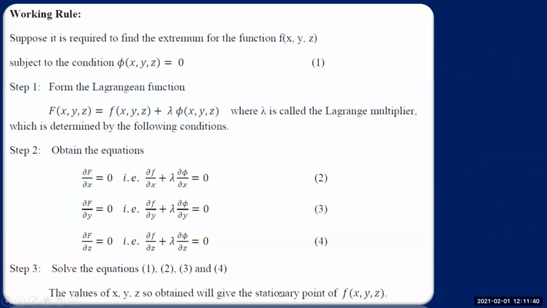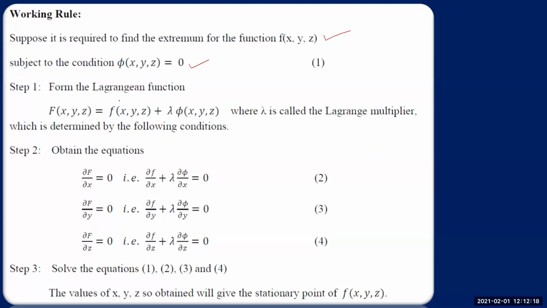Now let me just give you the working rule. I'm not getting into the proof and all these things, but we have only the working rule: how to apply Lagrange's method of undetermined multipliers to find extreme values of a function. Now see, just to begin with, I'm considering a function of 3 variables. Look at it. I'm considering a function of 3 variables along with a constraint phi of xyz equals 0. Right? Now see, this is the condition. Using this condition, we need to find where this function attains its extreme values, maybe minimum or maximum.